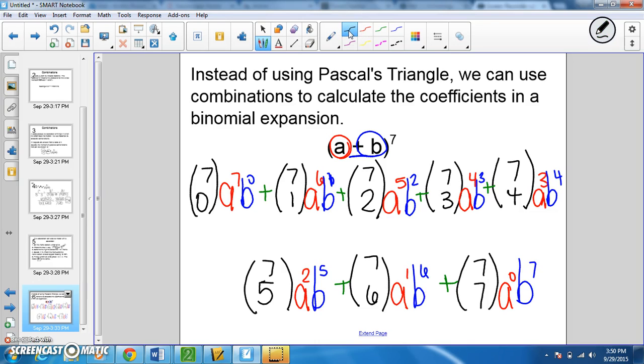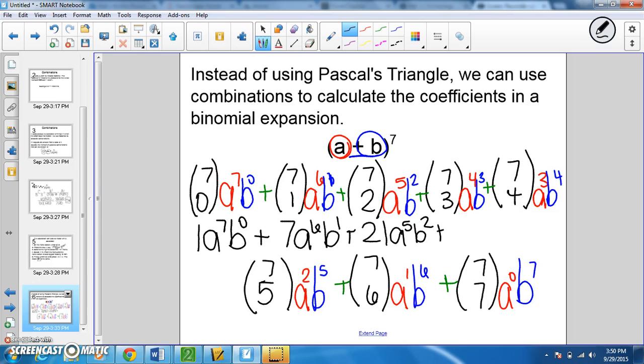So I'm going to do 7, math, PRB, 3, choosing 0, and I get 1, a to the 7th, b to the 0, plus, do the same, 7 choosing 1, 7, a to the 6th, b to the 1st, plus, 7 choosing 2, 21, a to the 5th, b to the 2nd, plus, 7 choosing 3, 35, a to the 4th, b to the 3rd,